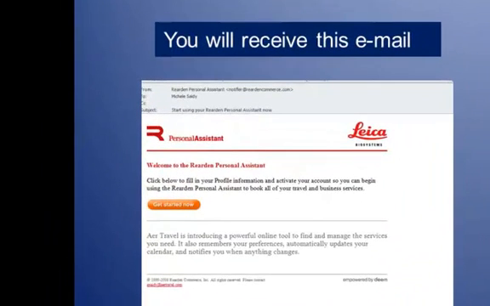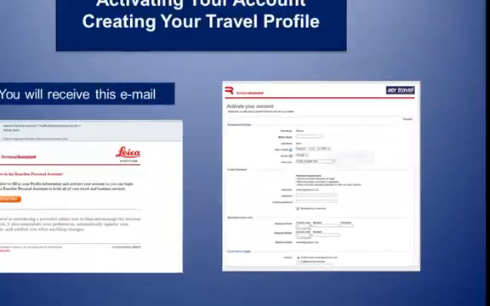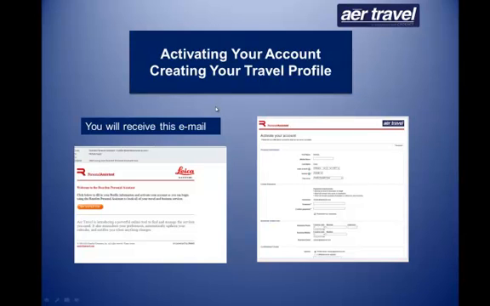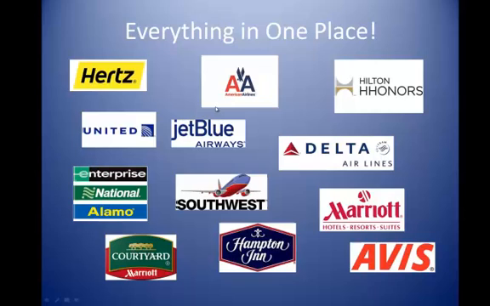The first item will be to activate your email. All travelers will receive an activation email to get started and to activate your account. Once in, you'll create a password and enter all your preferences and information. The program we're using, Rearden Commerce, is really great because everything is in one place. All the airlines, hotels, and car rental firms are located on the tool, so you literally will have a one-stop